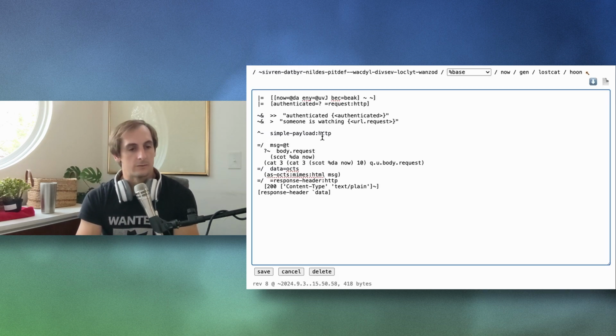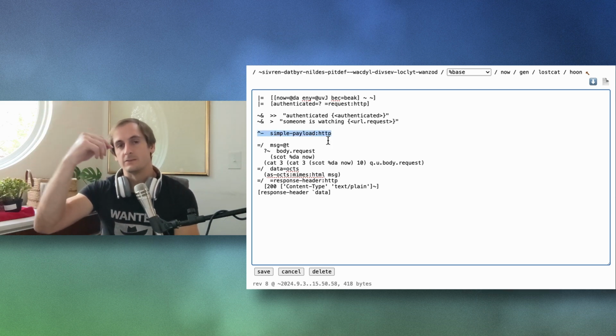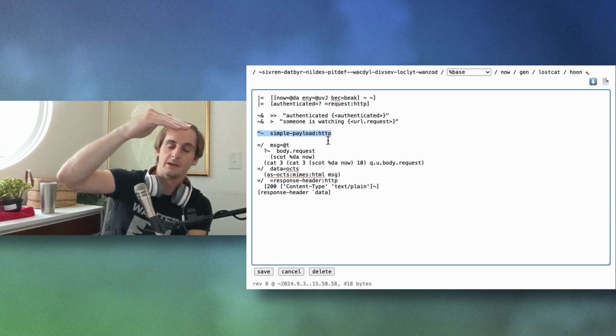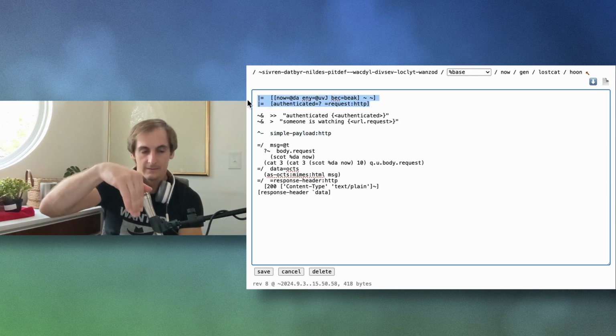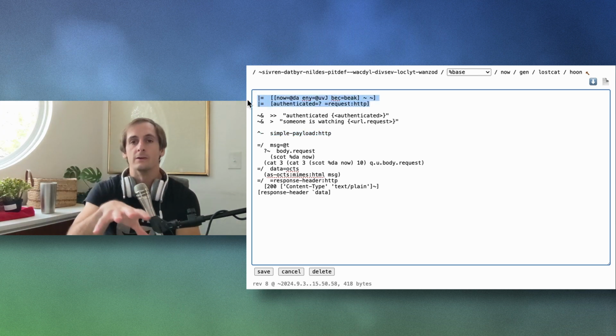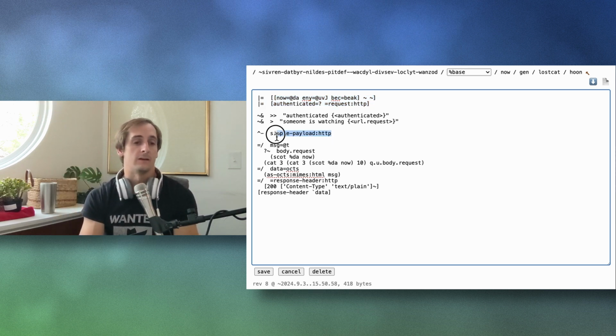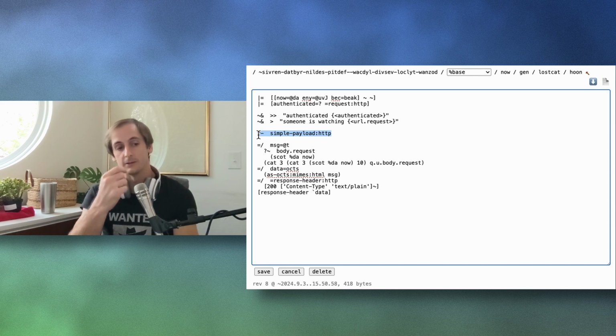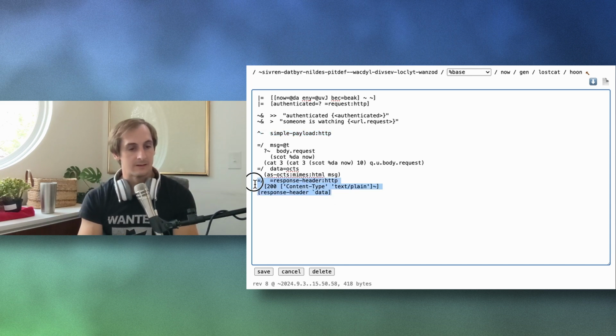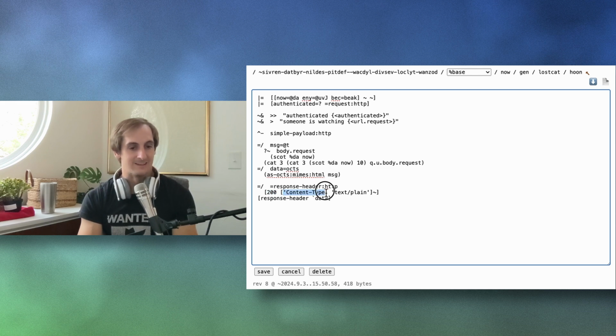That's pretty great. So this simple payload, this is telling you the shape that will come out of this generator. So requests come in, they get packed into this thing, and then you run the code, whatever Hoon you've created, and then out will come, or it'll crash, a simple payload from HTTP. And a simple payload looks like this shape. You get a 200 code, you say that it's content, you say that it's text plain. Give it your response header and the data. The data's over here.